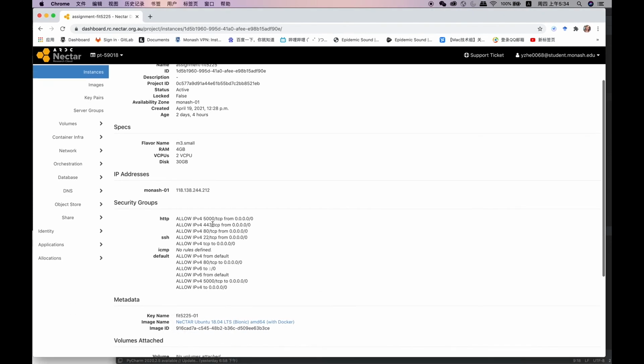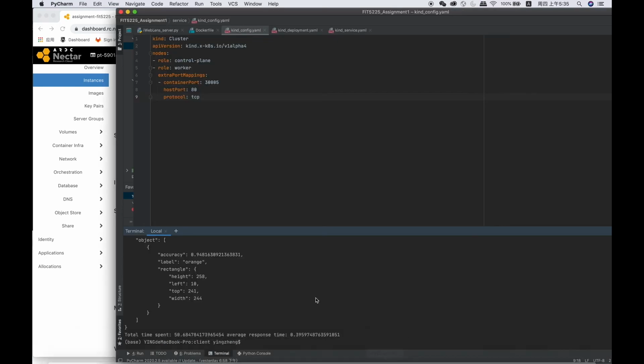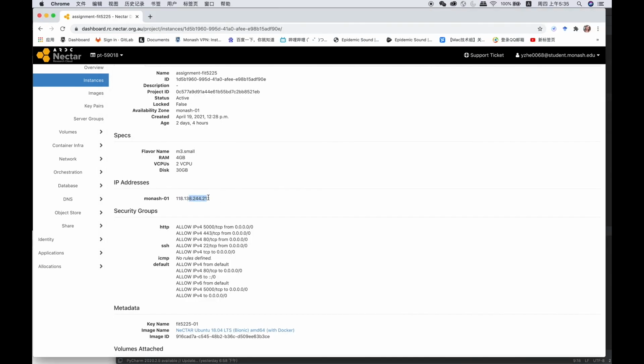Now let's look at the ports open for my instance. So we have 5000, 443, also the 22 for SSH to reach out to our instance. This is the IP address of my Nectar instance, which is the address to access, as you can see here, to access the web service. So it's the same,